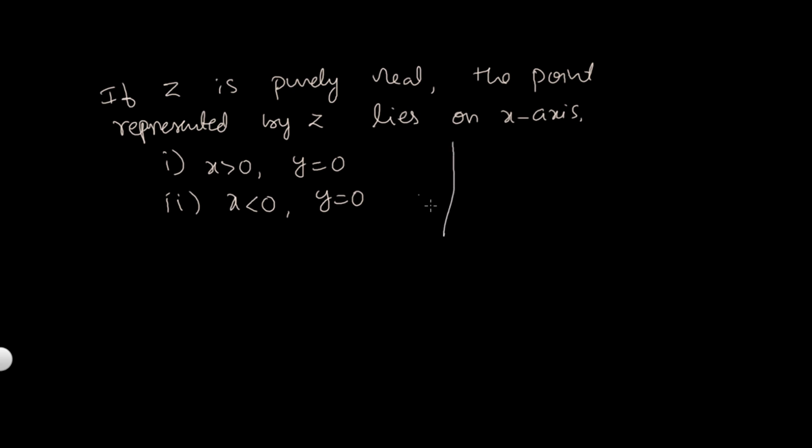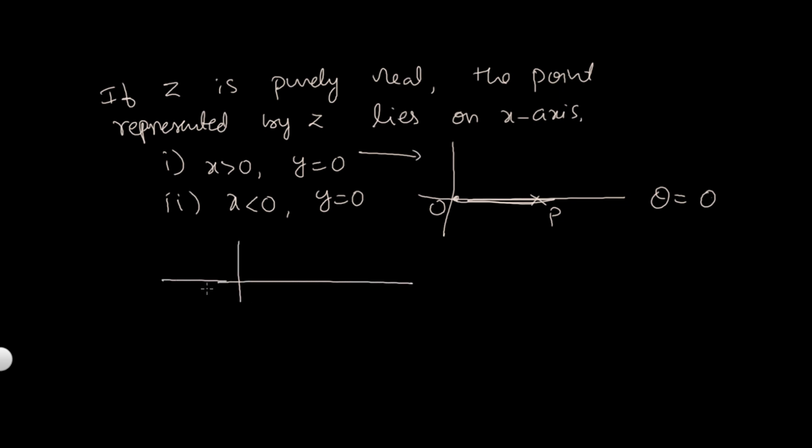So take the origin and the point lying on the x-axis; then the angle made by this is, there is no angle, so we take theta equal to 0. That means the argument is 0. So that's why we can say theta equal to 0 for this first one. For this second one, same thing, x is negative. Negative means the negative direction, so the angle is theta equal to pi. So that is the relation between these points.